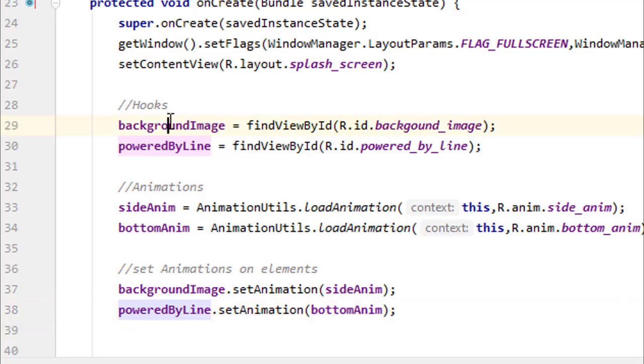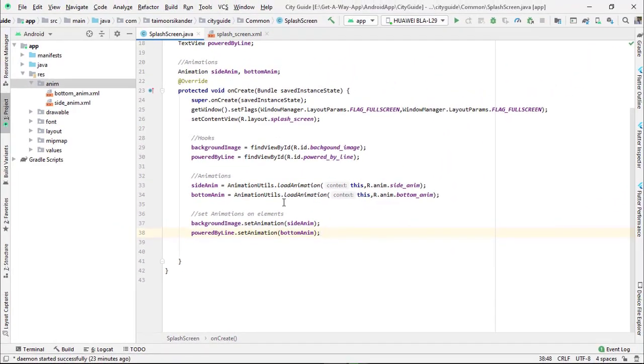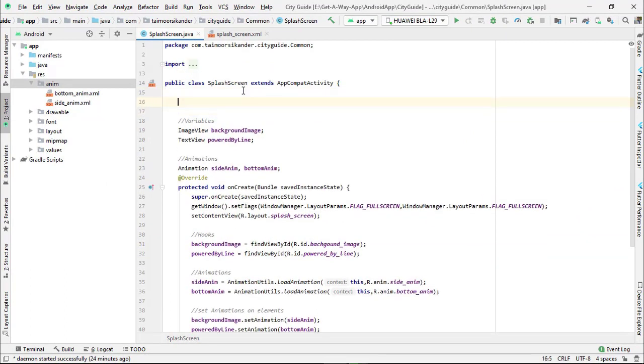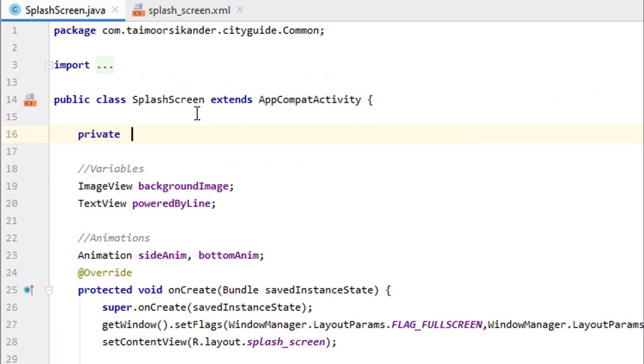So we have created hooks for the elements, then we have created hooks for the animations, and then we set animations on our elements. So that's it for the animations. The last thing, for the splash screen, we need to create first a variable which will hold the time of our animation, which is private